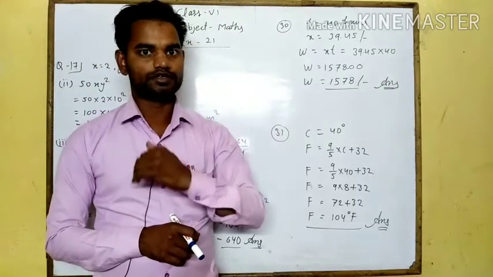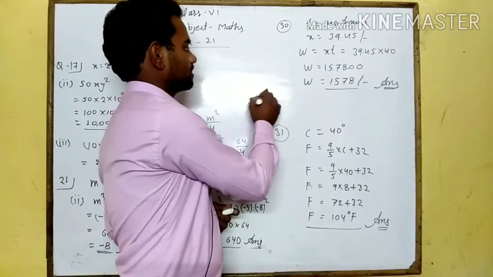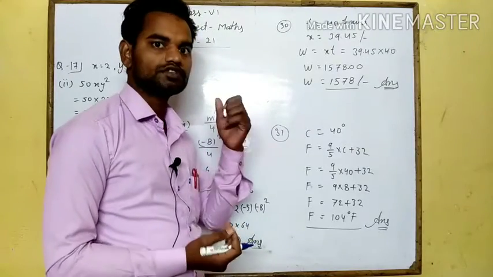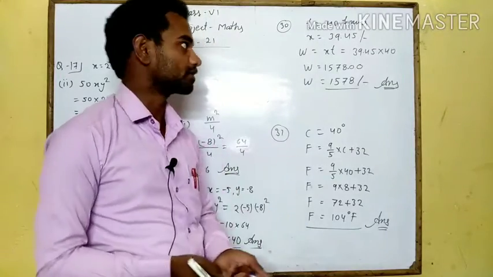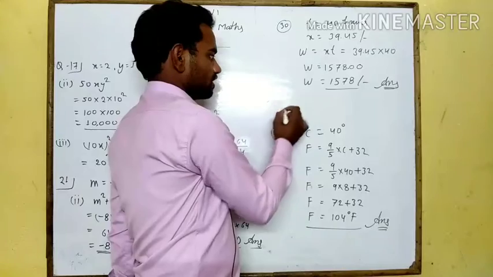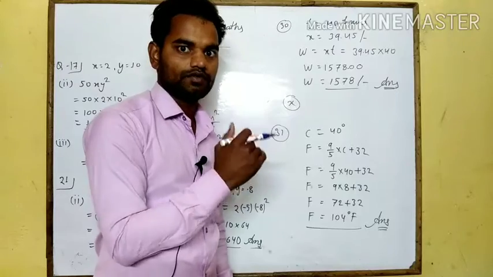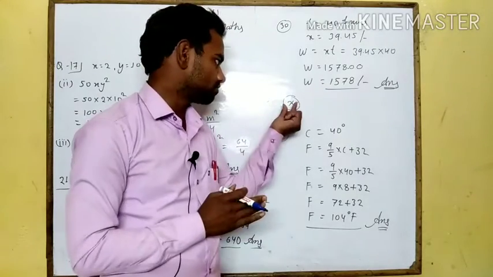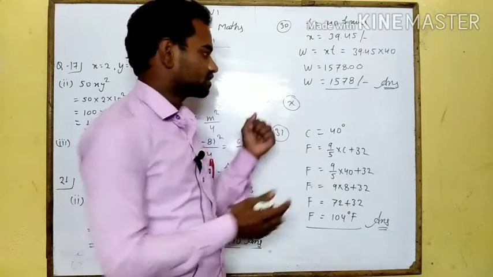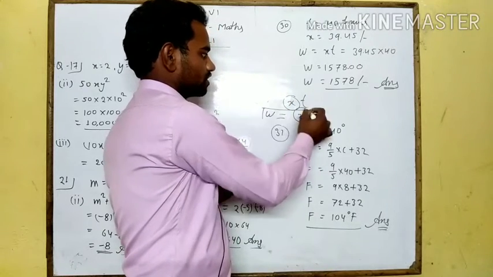Similarly, question number 30. In this question, the total wages are represented by W. Wages means the per day wages, the mazduri. Total wages is W. This is the total wages, meaning the whole wages for the day. At the rate of x. The question says total wages W at the rate of x for 1 hour. The wage for working 1 hour is x rupees, the total wage is W rupees, and if they worked for t hours, then x times t hours gives W. This is what the question says.